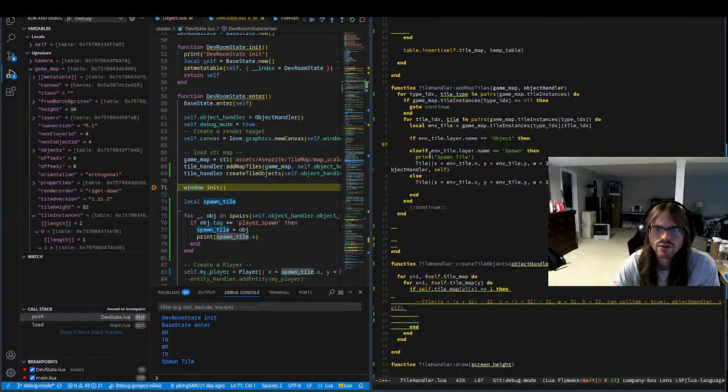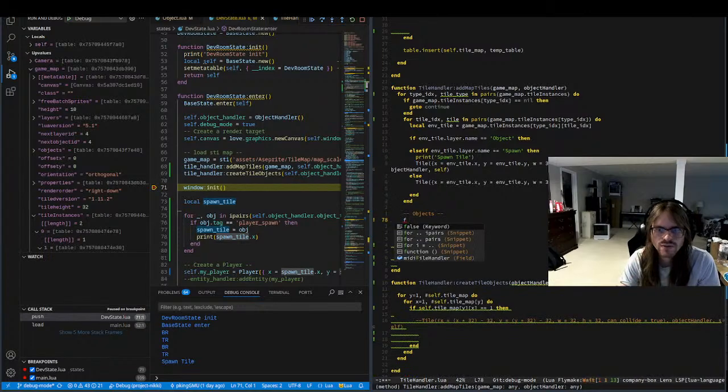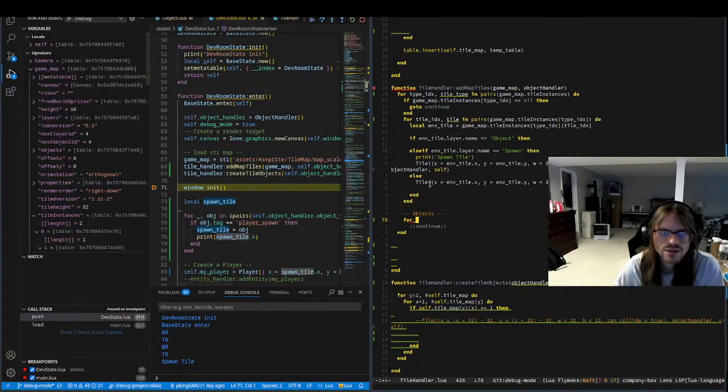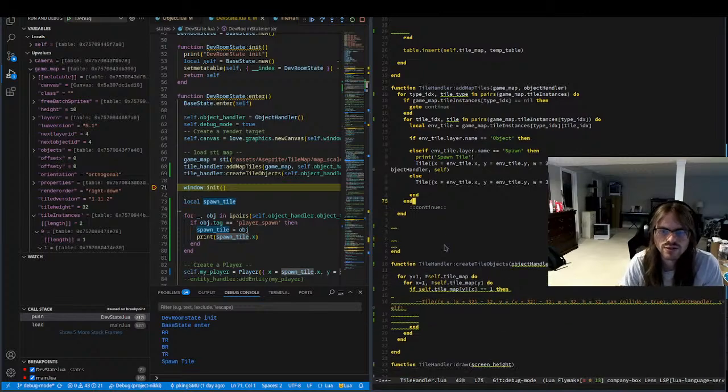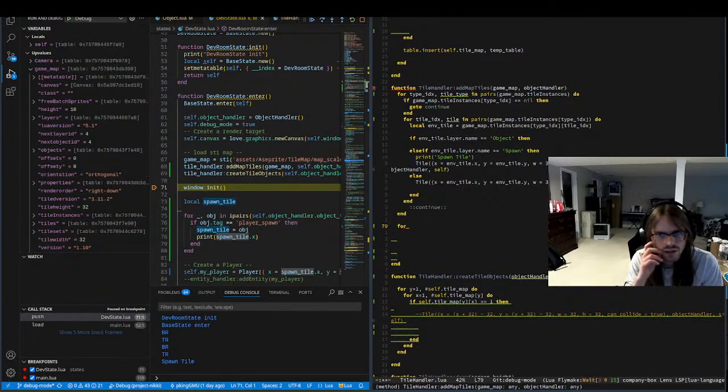So if object, literally do nothing, because I'm going to have a separate for loop for objects. So this is going to be objects. Oh, I have to be careful though, because I think this just needs to be outside of here, because this is already looking at tile instances, which is on the same layer as objects. So we'll do for